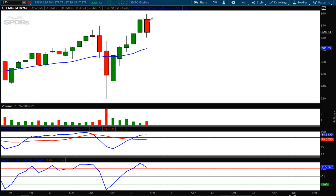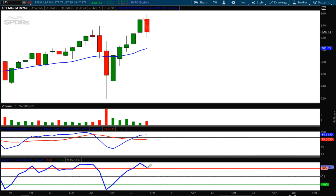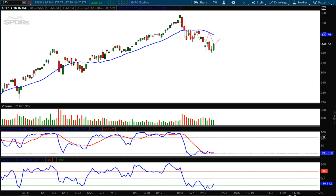This red candle on the monthly chart is also showing a significant increase in volume, and the oscillators are rolling over. We're almost at a sell signal on the monthly chart for the Spiders, and that's why I say October, and hold me to this, October, in my opinion, has about a 90% chance that it will be a down month. And that would not surprise me whatsoever if we see that. So that's my forecast for the Spiders. Again, to reiterate, my price target, that's going to be